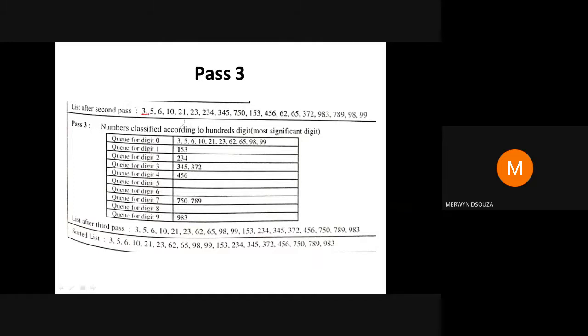You can see here this number does not have a hundreds digit, so you add two zeros: 0, 0, 3. While writing here you just put one digit. You do not need to write 0, 0, 3 here, just write 3. Similarly 5, 6 will come here. 10, 21, 23 also will come here.